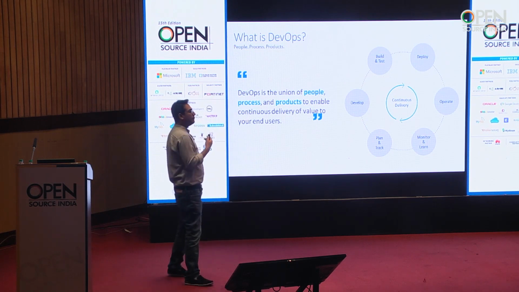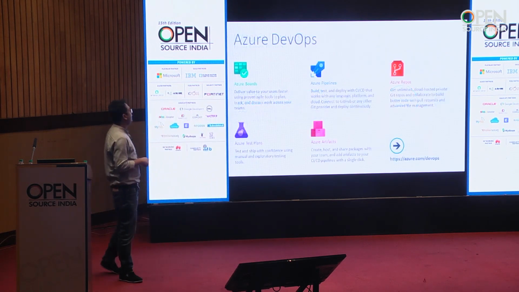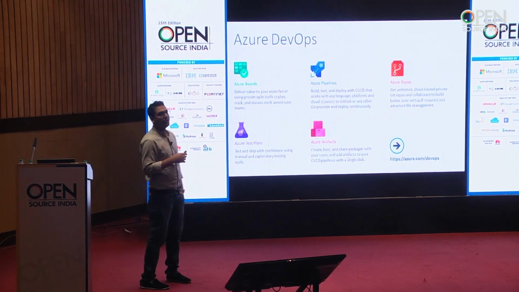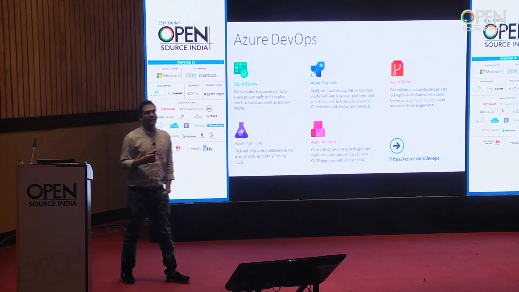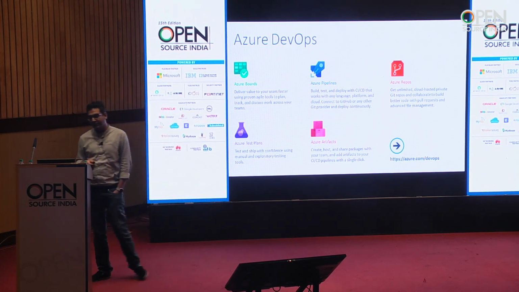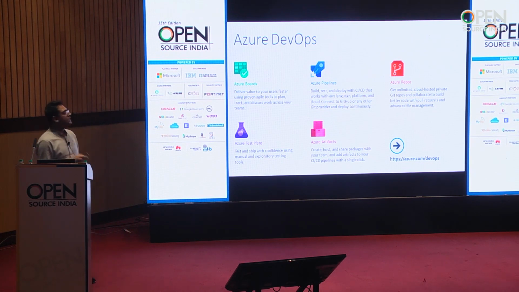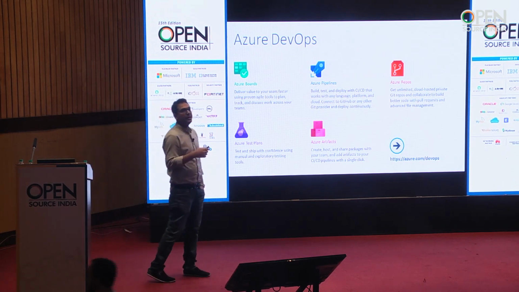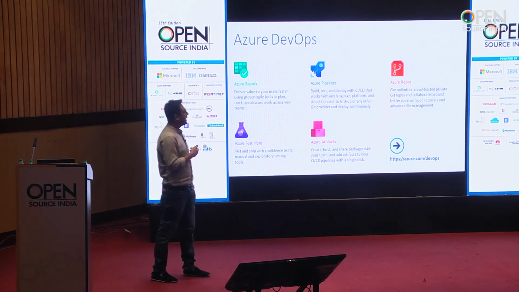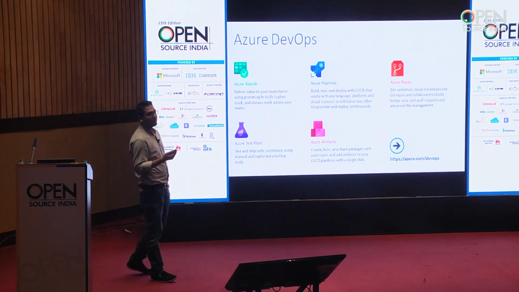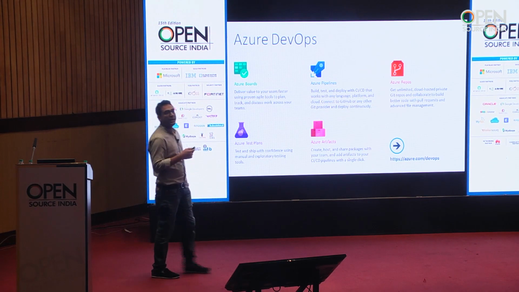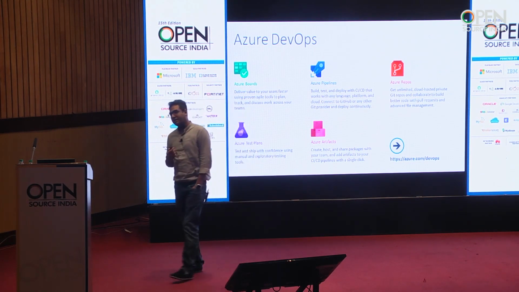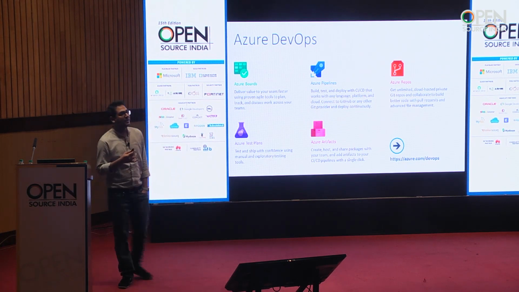So with that background, let's jump into what I am doing right now. I'm a part of the Azure DevOps team. Azure DevOps is a suite of products which gives you a life cycle view of all the applications that you, as a developer, would have to write. For example, we have Azure Boards, which will help you do your work item tracking. We have Pipelines, which is for CI/CD, Repos for your Git repository, Azure Test Plans for manual testing and exploratory testing, and Azure Artifacts.